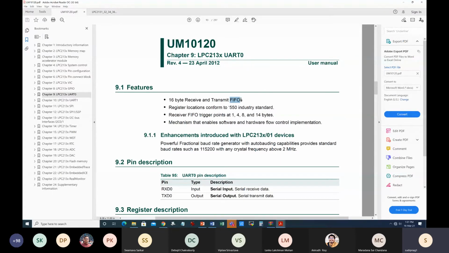So beyond that, what will happen if the microcontroller is responding slowly or due to some other code it is getting stuck? It will lose the data. So to reduce the chances, it can store up to 16 bytes. The microcontroller is running at megahertz, whereas this UART runs at kilohertz. So obviously the microcontroller can read very fast, and even 16 bytes can be read very quickly. But the point is the attention of the microcontroller should come to these buffers. That is the most important thing.